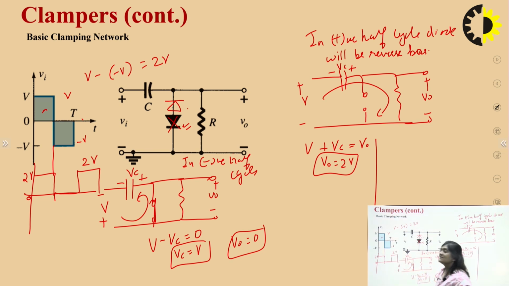Now the DC level will be given by the VC voltage. VC is your V. So magnitude of the DC level will be V. And now it will be either in the positive side or negative side. It depends upon the polarity of the capacitor. The polarity is from minus to plus. So it has been shifted towards the positive side. This is the DC level. DC level has been shifted towards the positive side by the magnitude V. Here DC level at the ground, here DC level at the plus V potential.